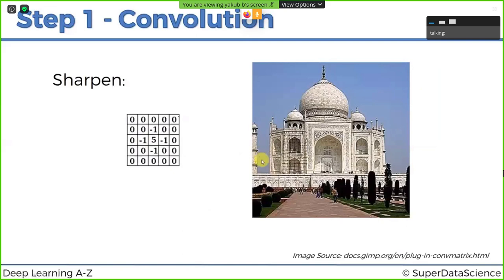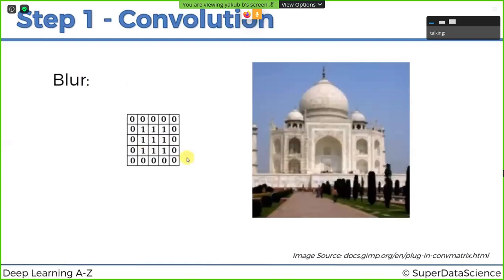It's quite intuitive if you think of it. 5 is the main pixel in the middle of the filter or the feature detector, and the -1s just reduce the pixels around it in an intuitive sense.